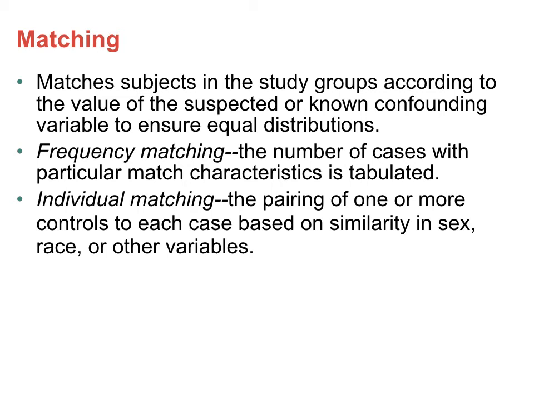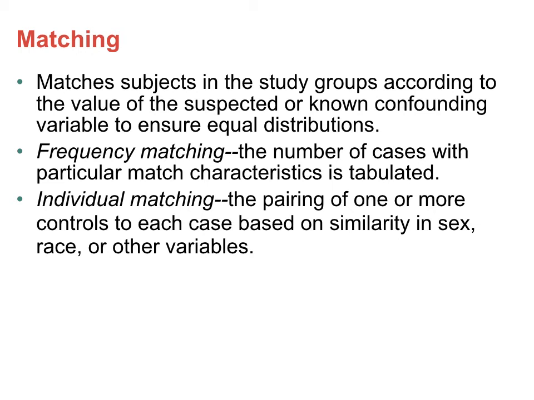Frequency matching occurs when the number of cases with particular match characteristics is tabulated. Another way of thinking about this is, if we knew that all the cases had a similar frequency of that exposure, we may want to match on that as our variable,